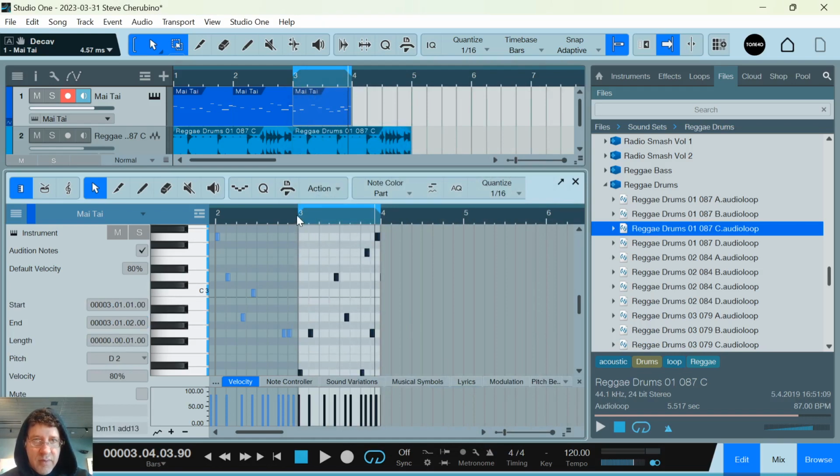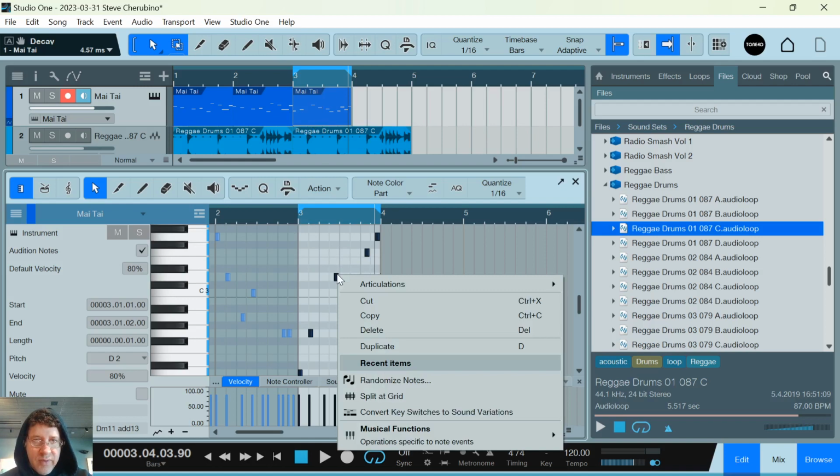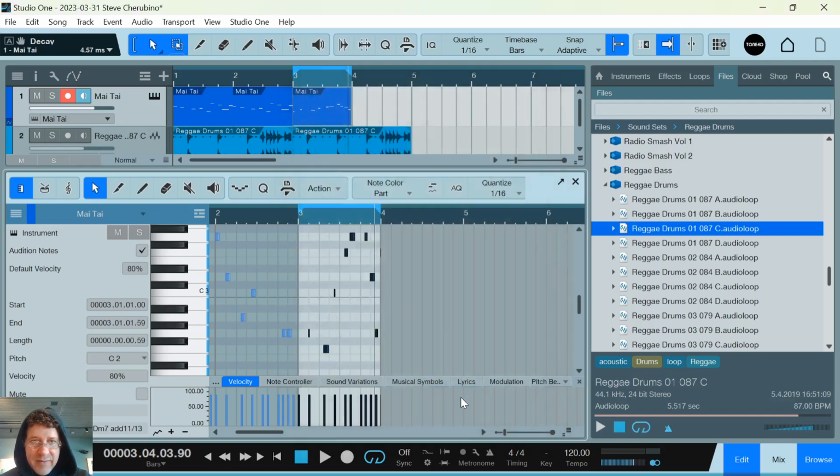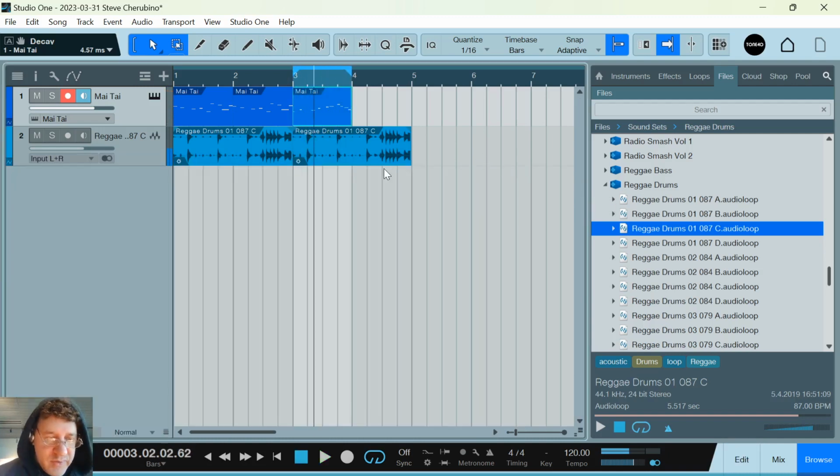All right. Let's go back to where we were originally. Let's do randomize notes again, note length. So we want them to be quicker. So here we go. Let's make the range something like that. Neat. Oh, cool. So that's pretty cool. That's a pretty fun tool to use. So let's actually put in some chords now, and then this will be the top line